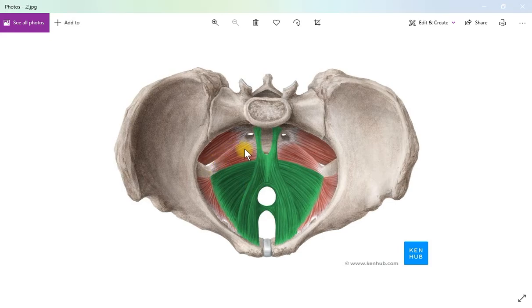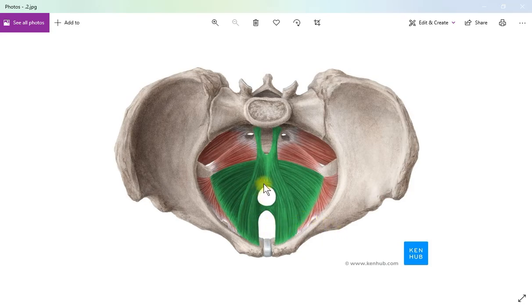As we can see in this diagram, this is coccygeus and the rest of the part is levator ani. So as a whole, the piriformis, the obturator internus, the coccygeus and levator ani all form the pelvic diaphragm. The pelvic floor muscles are also called the pelvic diaphragm. This pelvic diaphragm separates the pelvic cavity, in which the pelvic viscera lie, from the posterior portion or outer pelvic outlet portion, which is called the perineum. Now one by one we will talk.